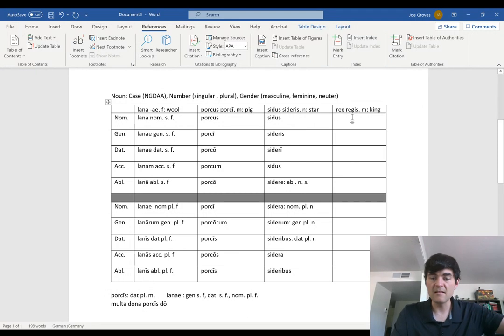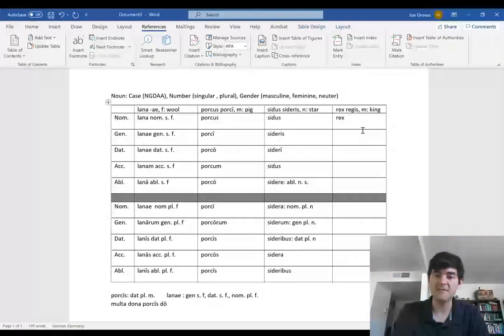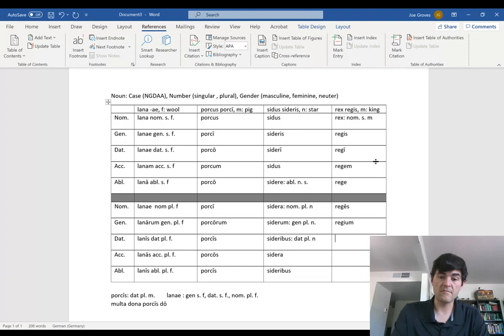Then, last one, well, we look at rex. Here's another third declension, but he's masculine. So rex would be nominative, singular, masculine. Then you'd have regis, like the weird talk show dude. Then you would have regi, regem, and rege. In the plural, you'd have reges, regium, because he's an I stem,